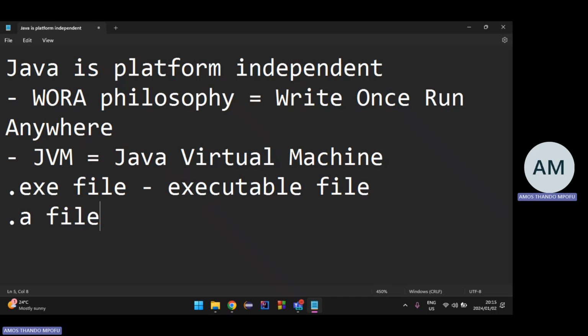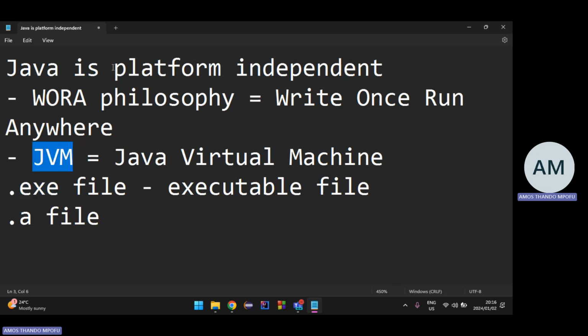You can't take a .exe file and run it on Linux because they're incompatible. Linux runs files that have a .a extension, and Windows runs files that have a .exe extension.